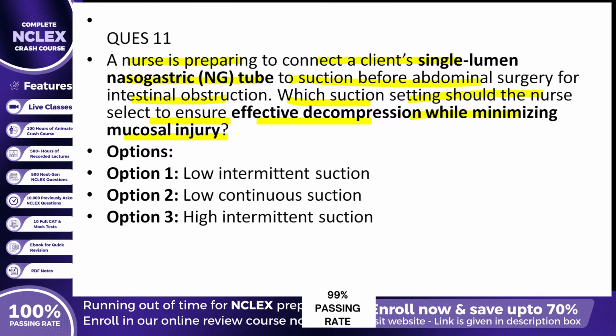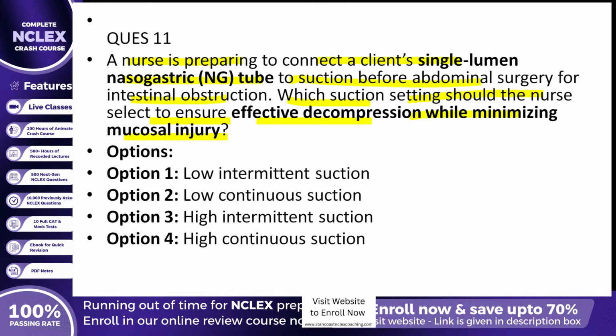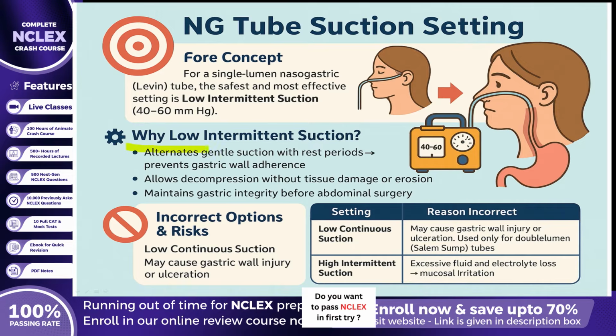Now let us explore the expanded clinical rationale behind this answer. The most appropriate setting for a single-lumen nasogastric tube is low intermittent suction because it effectively removes gastric contents and air while protecting the stomach lining from trauma. In this method, suction alternates between gentle negative pressure and rest periods, allowing gastric mucosa to decompress safely without adhering to the tube. Typically, the suction pressure is maintained between 40 and 60 millimeters of mercury, which ensures adequate decompression